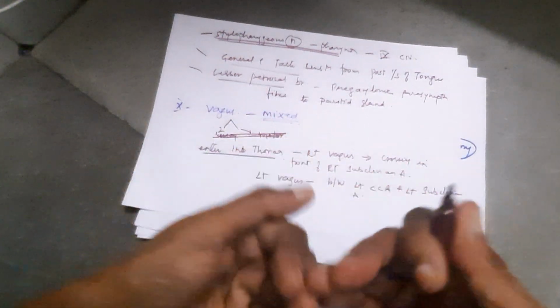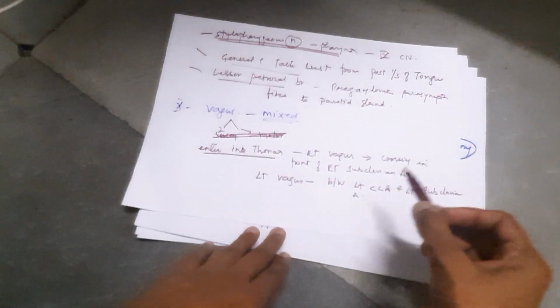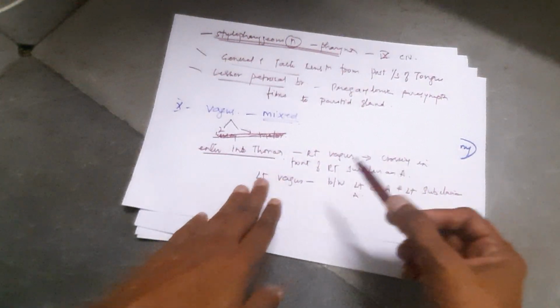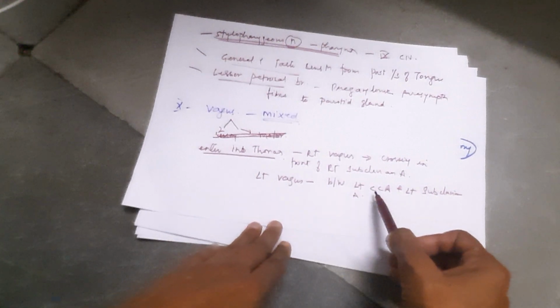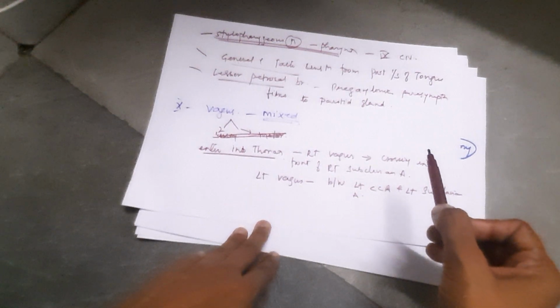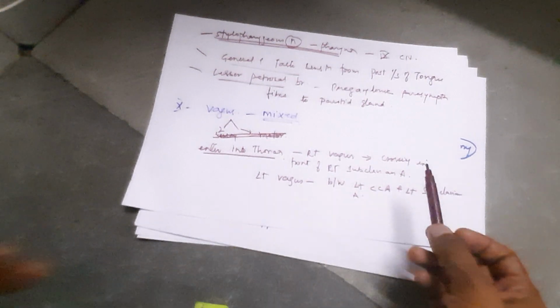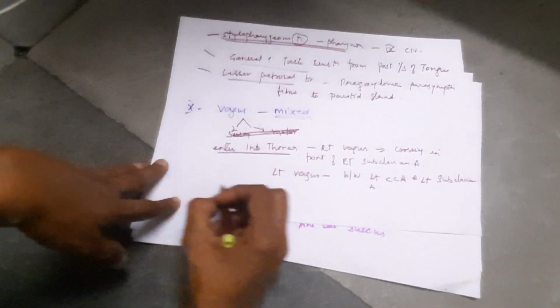How vagus will enter into the thorax. Right side vagus will enter into the thorax by crossing in front of the right subclavian artery, while the left vagus will enter into the thorax passing between the left common carotid artery and the left subclavian artery. This one is a very important point, and this vagus will supply